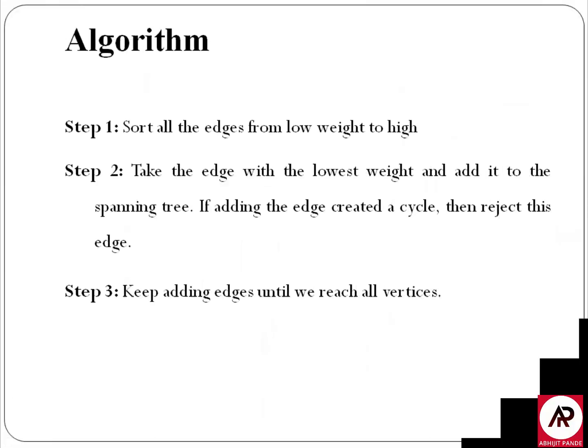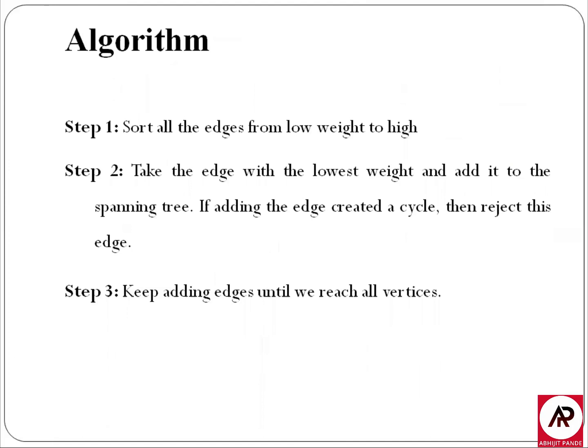This is the Kruskal algorithm. Here the first step is to make a priority queue. In order to make a priority queue, we first sort all the edges according to their weight, from smallest to largest, and then place those edges into our queue. Then the second step is to choose the lowest weight in the queue and add it to the minimum spanning tree. Now remember, when we add an edge to a spanning tree, it should not form a cycle. And if that edge forms a cycle, we are going to simply discard that edge.